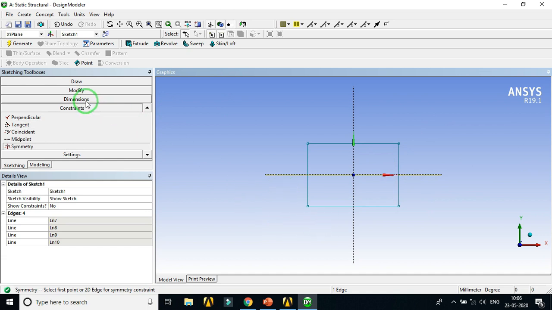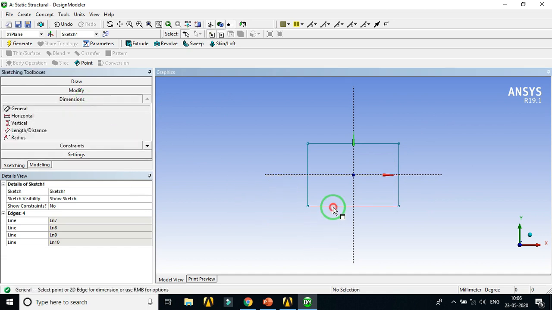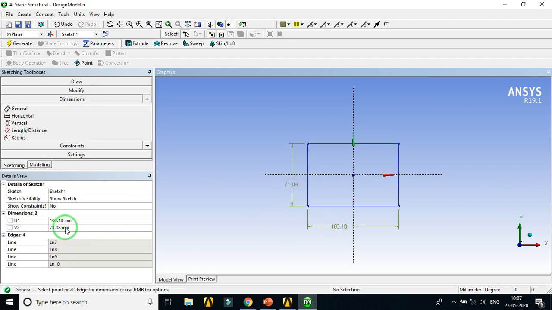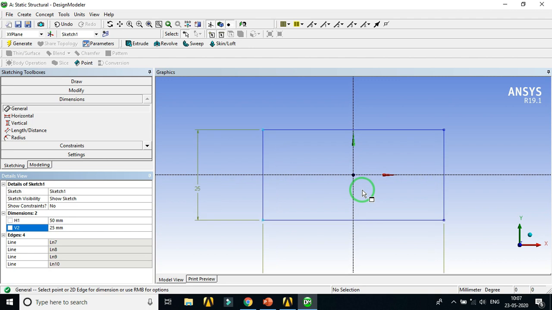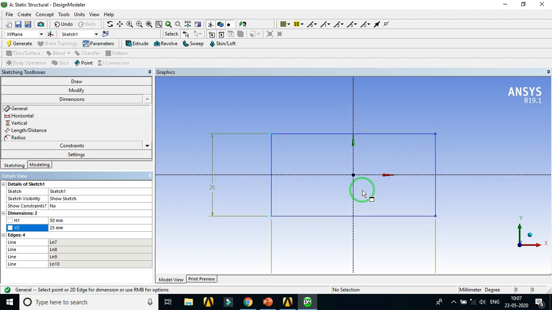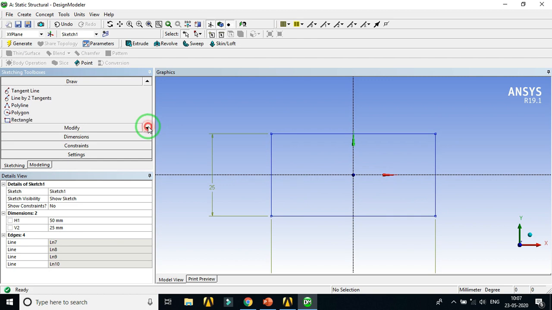Then we have to add some dimensions. This is 50 and this is 25. So go to the Details View and give dimensions here, 50, then vertical 25. So in this way we have created this rectangle. Then we have to create 3 circles. Again click on the Draw toolbar and select Circle from the Draw toolbox.